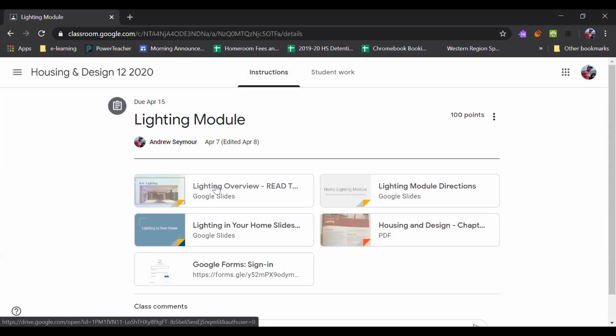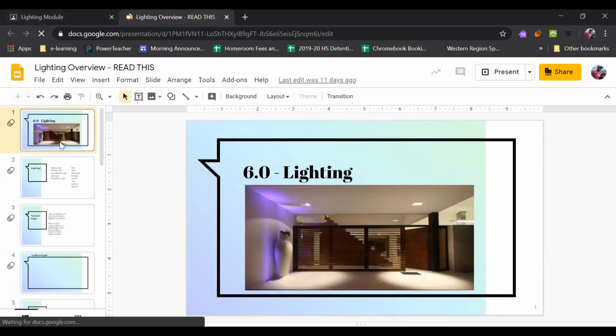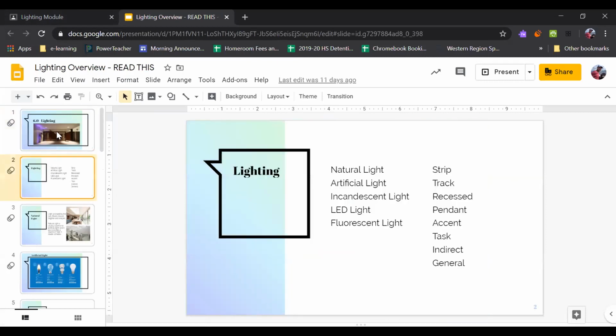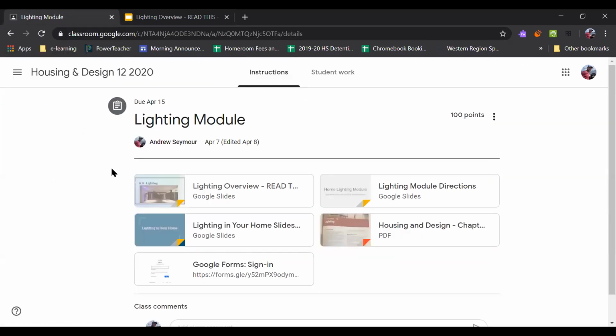So in the top left-hand corner, we've got lighting overview. These are the slides that I would have taught through or talked through in class, and that most of you would have slept through. So if you want me to work through these really quickly, actually, maybe what I'll do first is just go through all the parts of this. So if we go to directions,